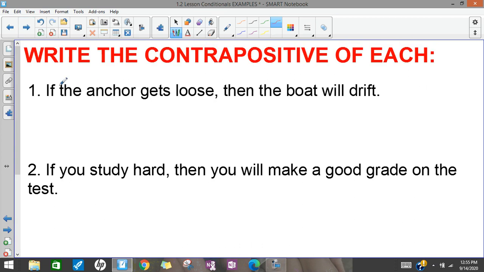Okay, we got a couple more. Contrapositive is kind of like doing the inverse and the converse at the same time. So we're changing the order and we are doing the negation. So we're going to change the meaning of each and change the order. So I'm going to start with the boat not drifting. If the boat doesn't drift,